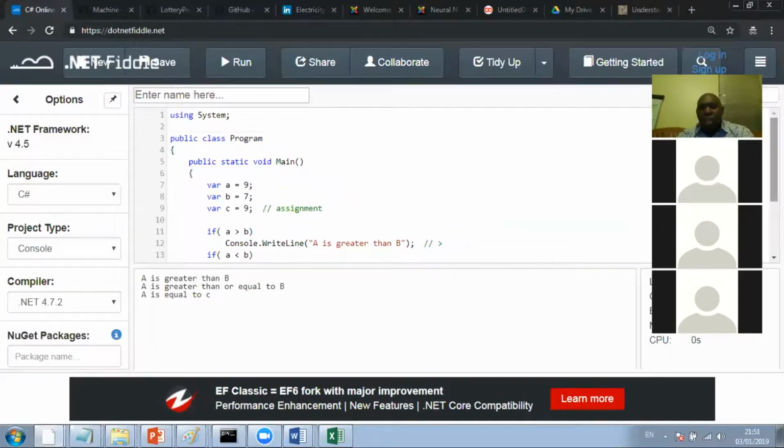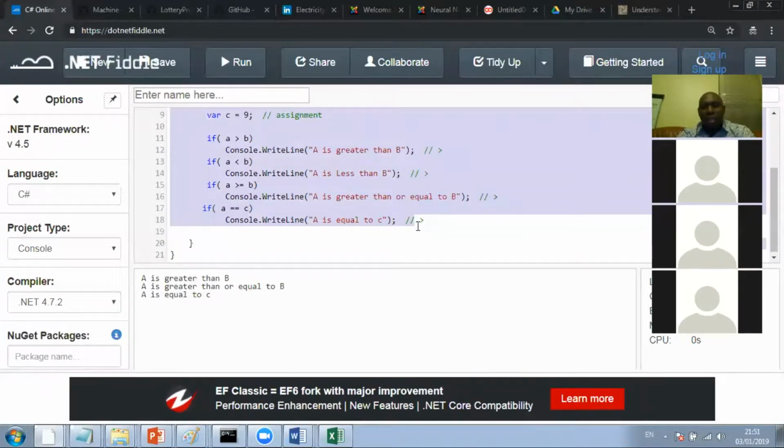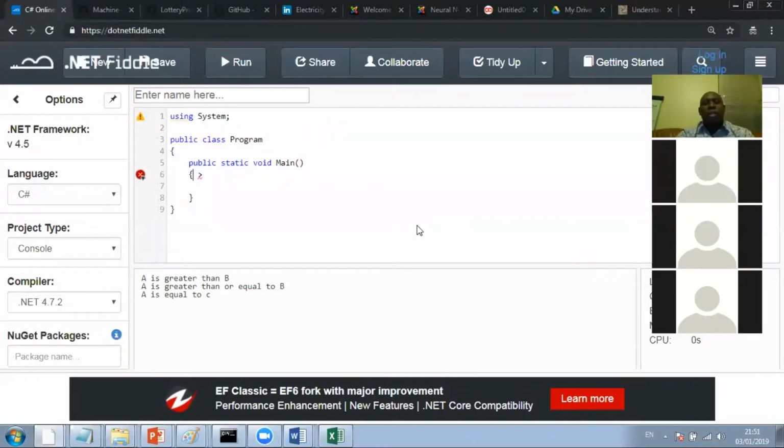For a few minutes, if anyone has a question before we move to the next type of operator that we're going to be looking at. So that is that about comparison operators. Comparison operators enable you to compare two variables and to take decision based on that. So you have greater than, less than, greater than or equal to, less than or equal to, and equal to. All of these will return a true or false value,